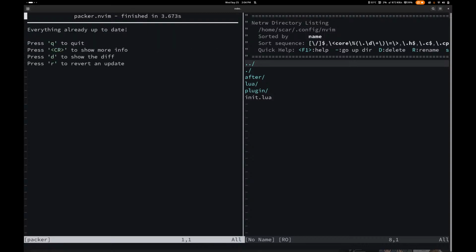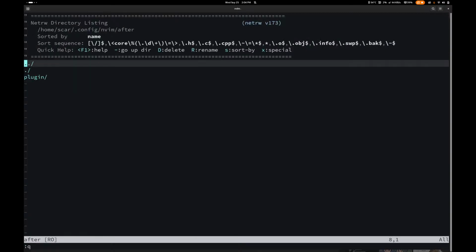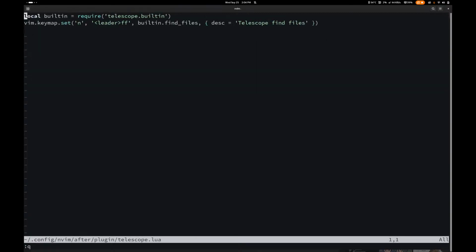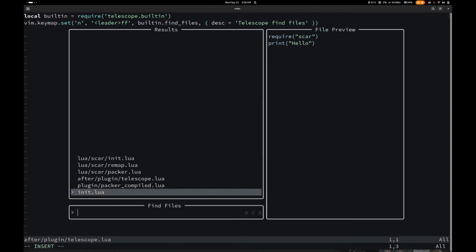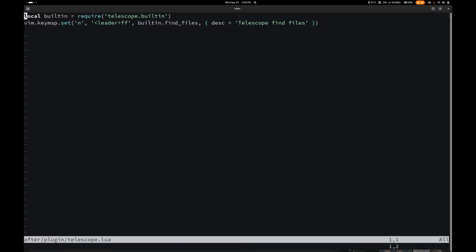Should be there. After present telescope, but I don't want leader error. I want